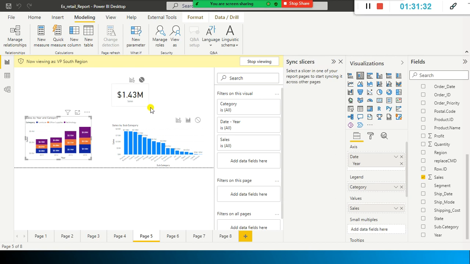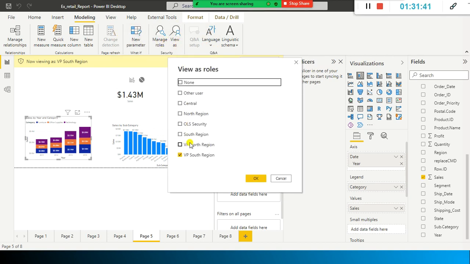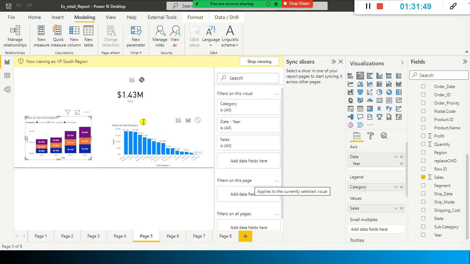Okay, and here I go ahead and select VP North region. See 1.43, he noted it down. North region VP wants to see the data that are relevant to his region.